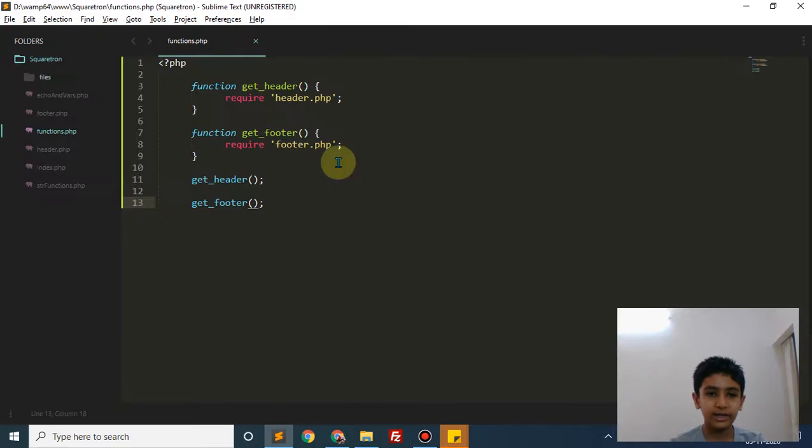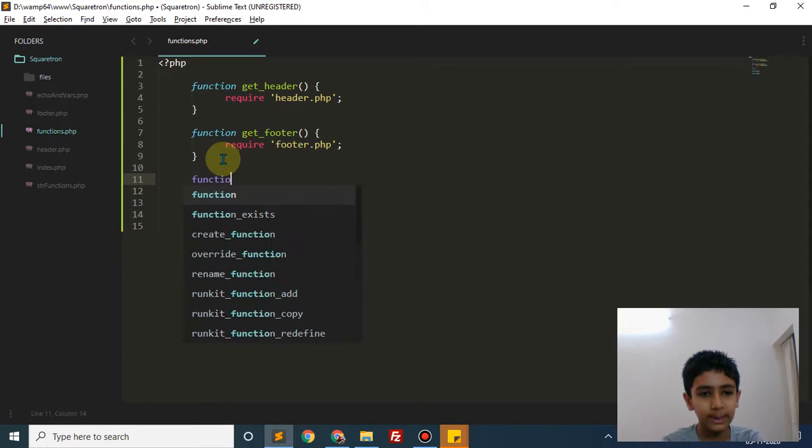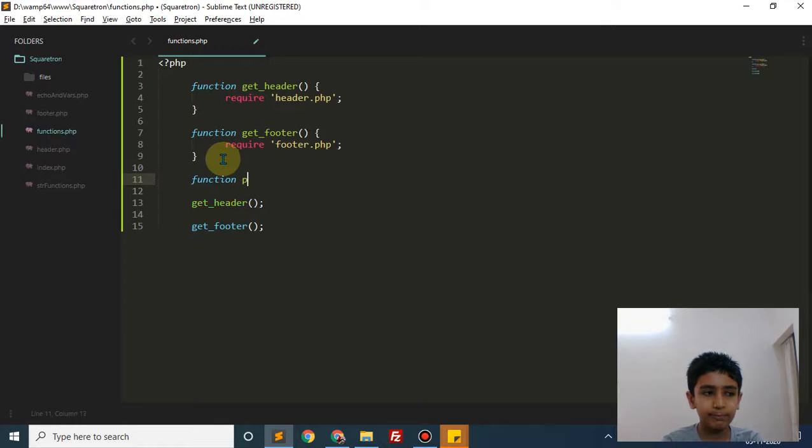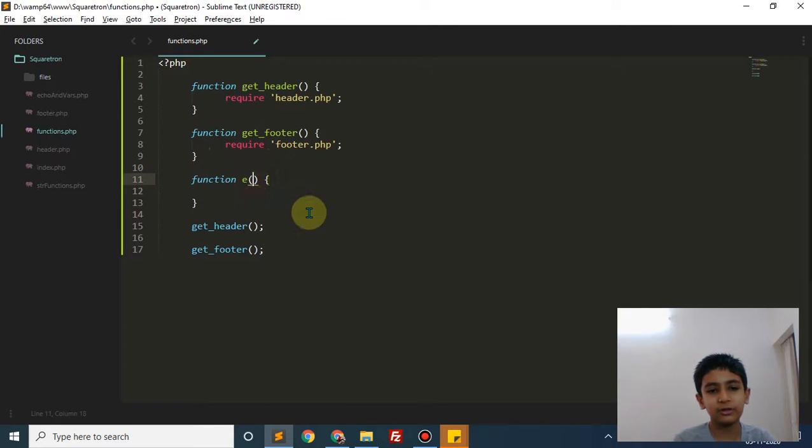That's a way to include external files. Next we are going to create a new function, let's call it say, or e. Basically it's a shortcut for echo. So if you just tell echo $str, that's short for string,